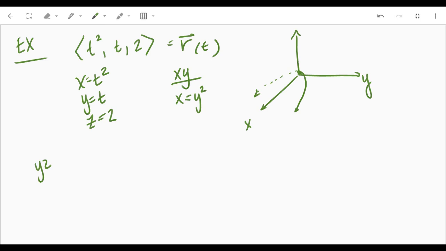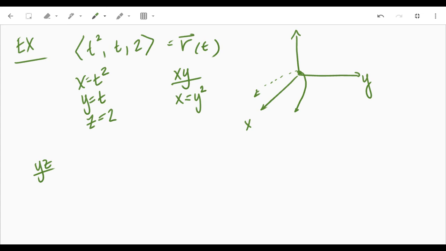In your yz plane, we would have y equals t and z equals 2. That's just going to be a line. So it doesn't matter what, z is just always 2. So you're just going to have that y equals whatever, it's linear, okay? So in your yz plane,